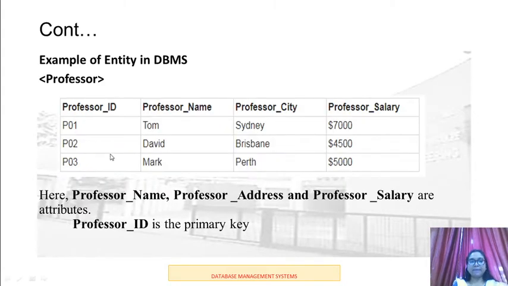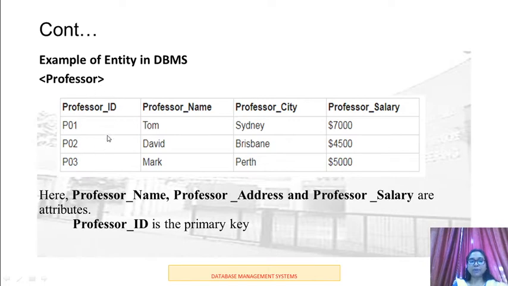Take one example here. The professor is an entity. This entity has different attributes. The attribute names are professor ID, professor name, professor city and professor salary, and we are storing the information of all the attributes. Okay, so now in these attributes we will set some keys, that is a primary key,